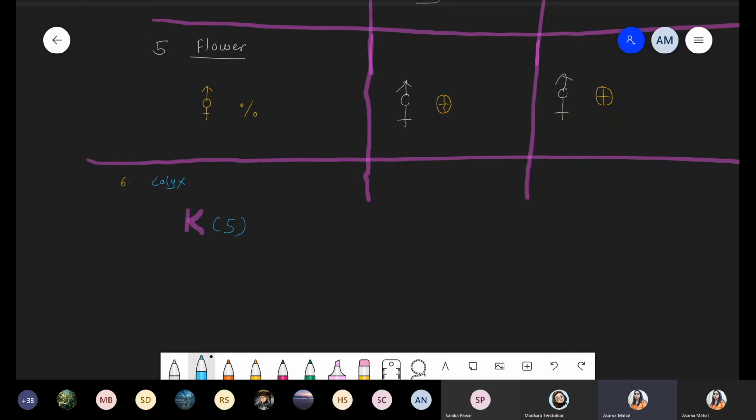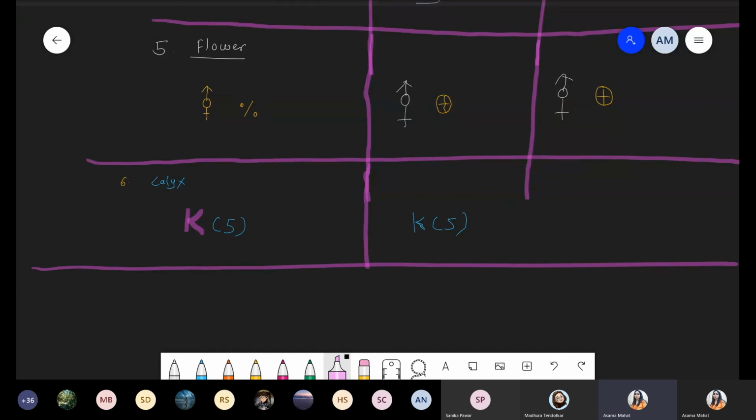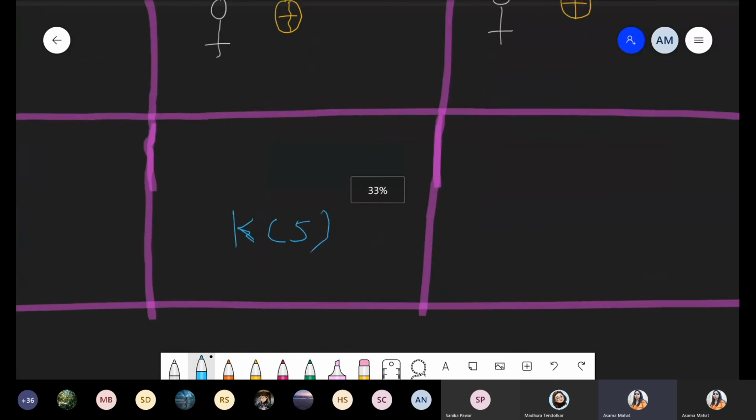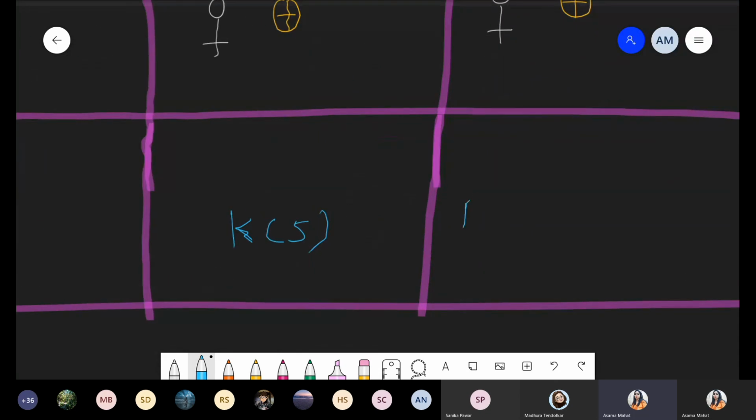Same condition for the Solanaceae family also. K is present, with a total of 5 sepals, and all 5 sepals show the fusion. And when we are talking about perianth, perianth means what? That is Liliaceae family. So in case of Liliaceae family, we are not using the symbol K. At the place of K, simply we are using the symbol capital P. So capital P represents the perianth.